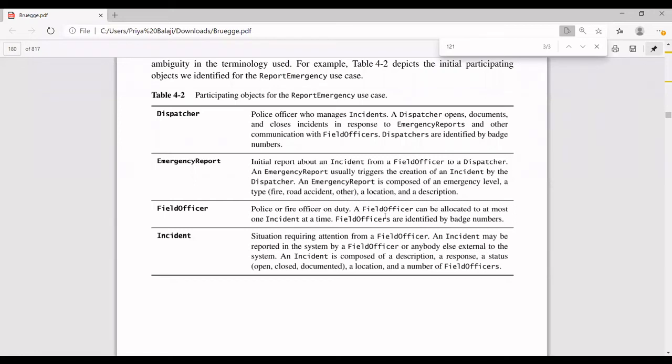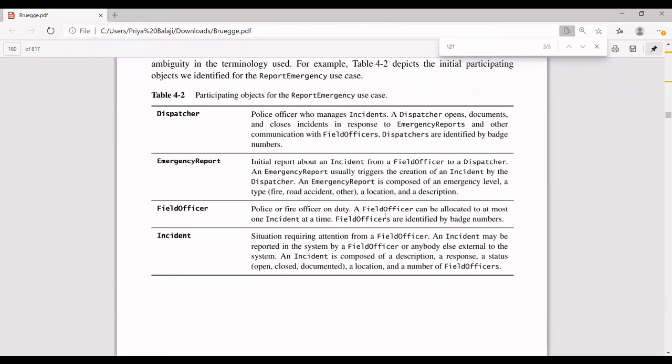Now, there is another use case, like library maintenance. Which objects are going to be involved in that? Librarian and library database, that's it. So only two objects, librarian and database. The librarian has to update the books' availability in the database and check which books are available and which books are already issued to students. So only two objects are involved.